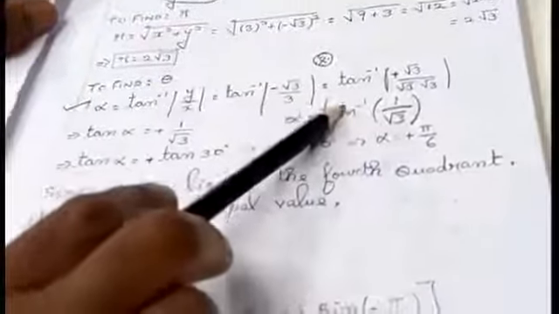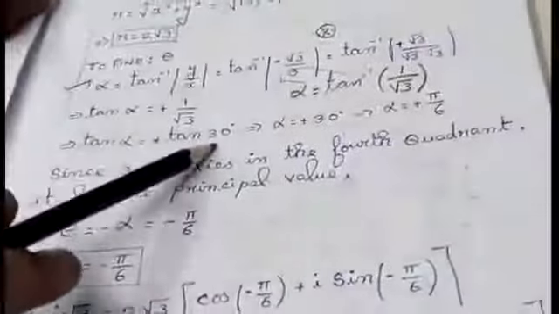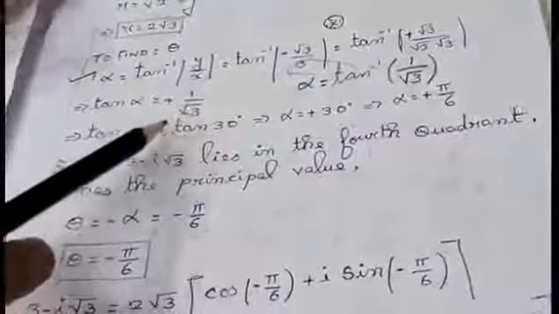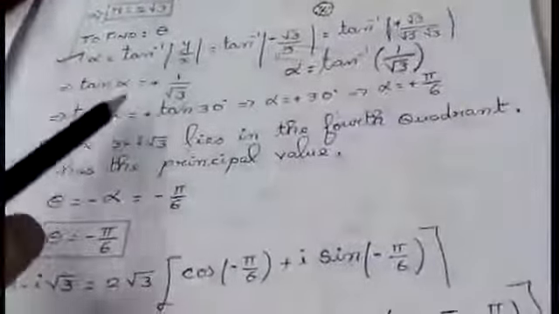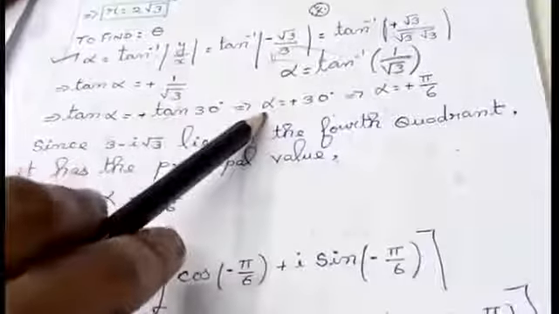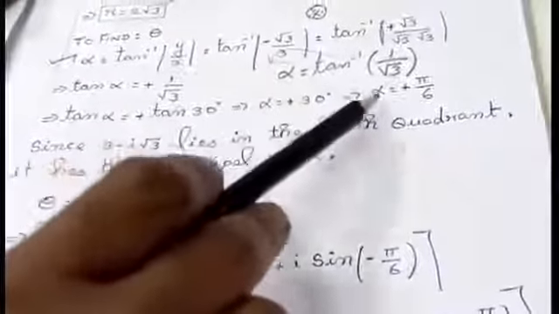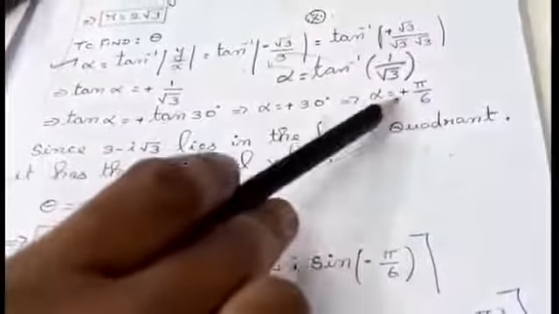You can bring this tan here, that is tan α is equal to 1 by √3. Again, I am writing this 1 by √3 as tan α is equal to tan 30 degree. You can do it in any way, or you can just keep it and find the value according to your convenience, no problem. What is the value for α I am getting here, students? The angle is 30 degree. This 30 degree is nothing but π by 6. α is equal to π by 6. Now I am going to find θ.